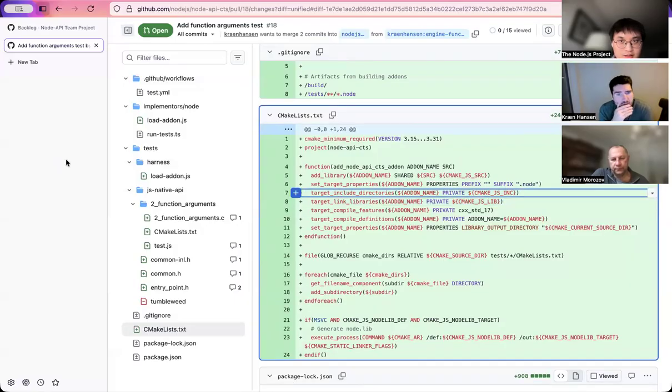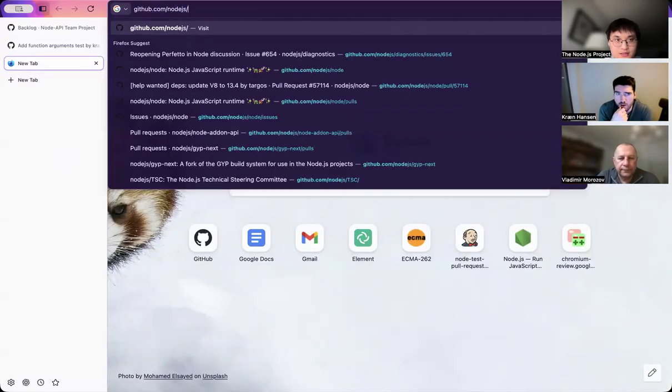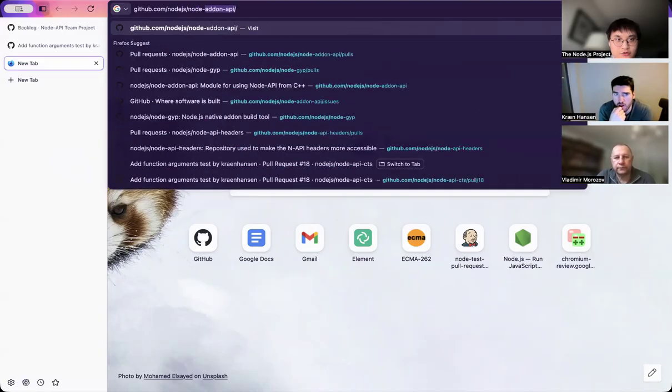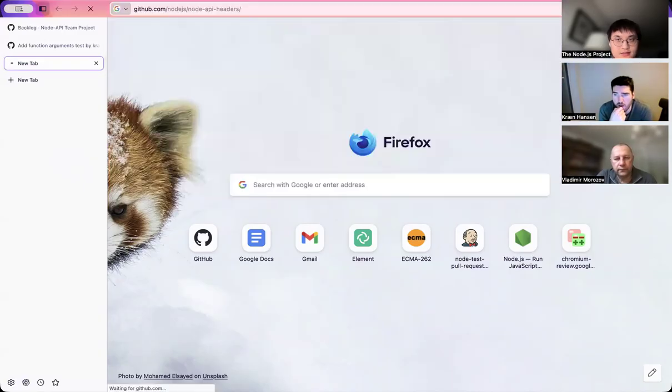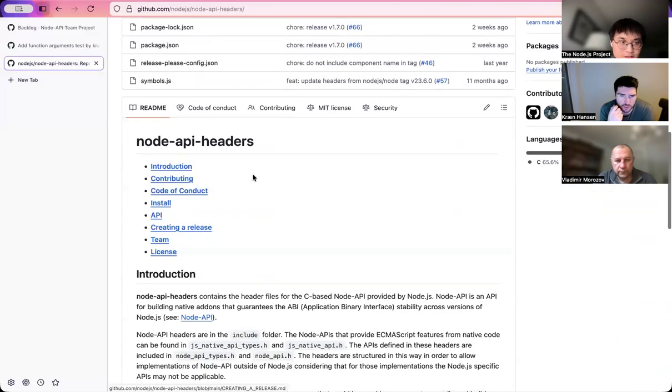Yeah, my point is that I think it will be great if we can make the dependency as minimal as possible, and to know what exact link options we will need to build a Node add-on API, because CMake.js is not only for Node APIs, it is also built for the traditional C++ add-on. And for Node-API only, as far as I can tell, the only dependency is these headers and